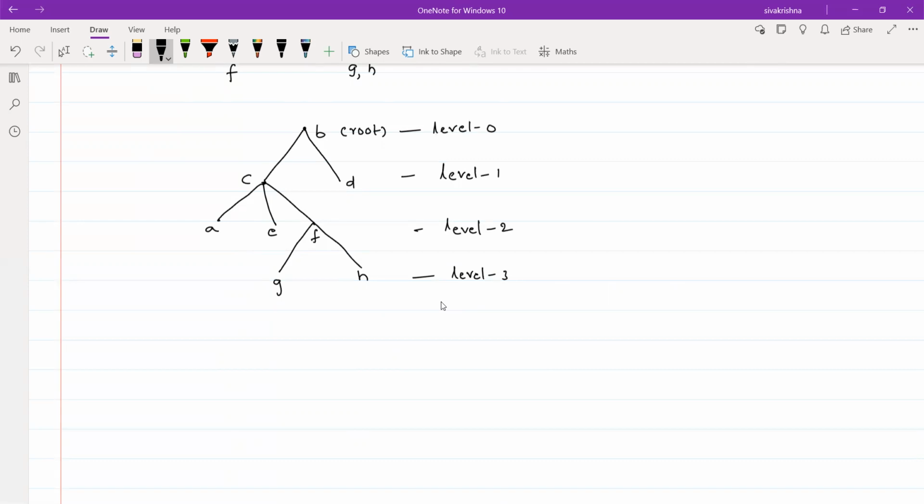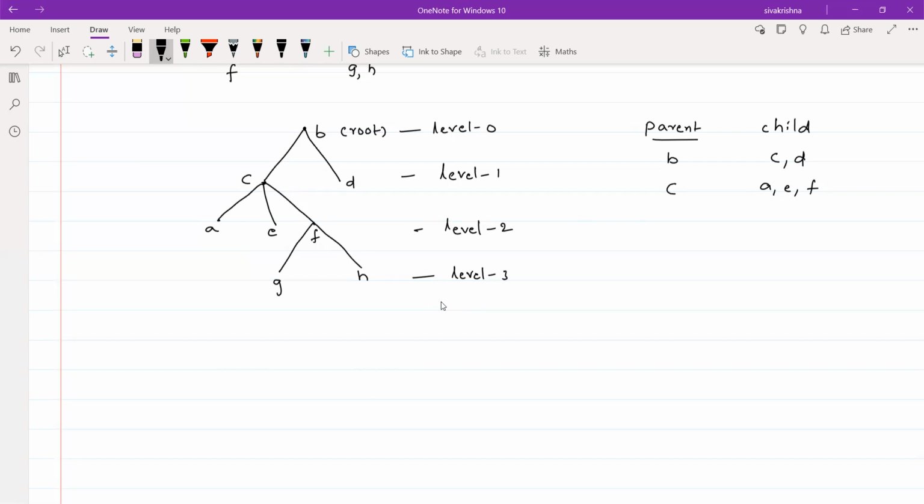So once again, if you draw a table for parents and children, we get the first level 0 vertex B, which we treat as a parent, and the children of B are C, D, because we have two edges incident on that particular vertex B. Those are C and D. Now coming to the vertex C. If you treat C as a parent, we have three children for C. Those are A, E, F. Since three edges are incident on that particular vertex, we treat those three vertices as the children of C.